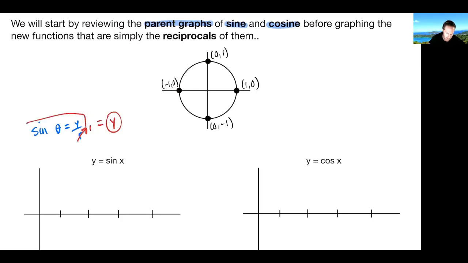Okay, so for sine, we're just going to focus on the y values. And remember, we always start at 0 degrees or 0 radians, and then we continue to move around from there by 90 or pi over 2. So 2 pi over 2 would be pi, 3 pi over 2, and 4 pi over 2,